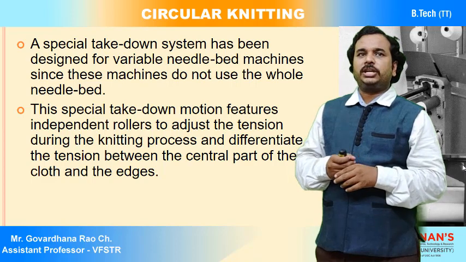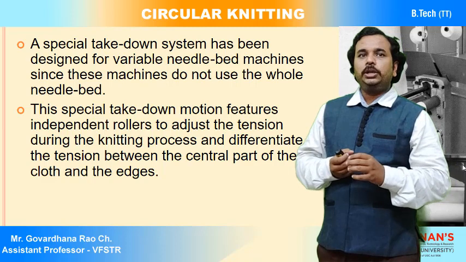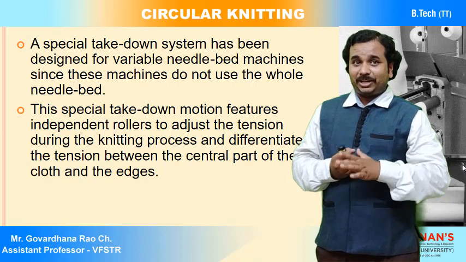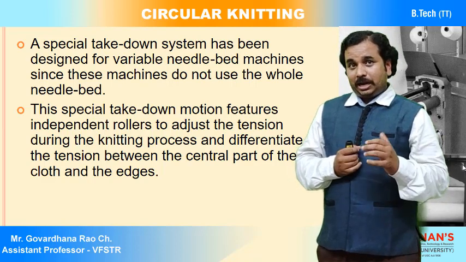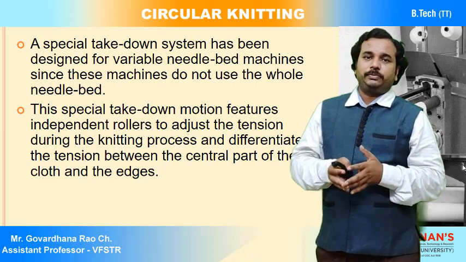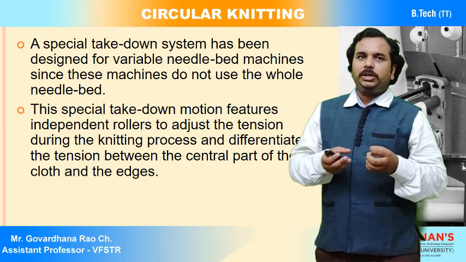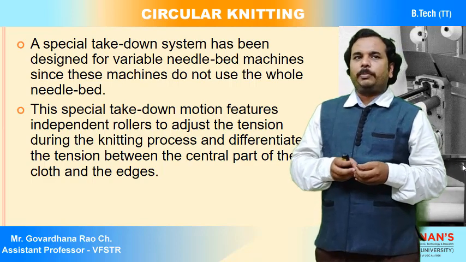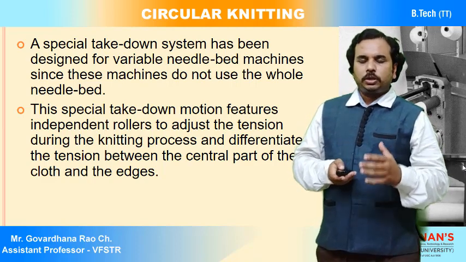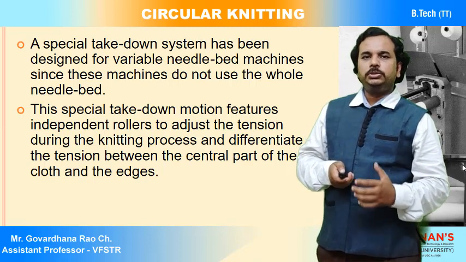Okay, and the special takedown motion features independent rollers to adjust the tension during the knitting process, and differentiate the tension between the central part of the cloth and the edges. Okay, so it is going to be compared, and it is going to differentiate the tension between the central part of the cloth and the edges of the cloth, and accordingly it will work. Okay, so this is the special takedown motion which is used in circular